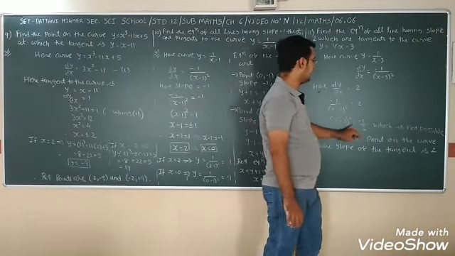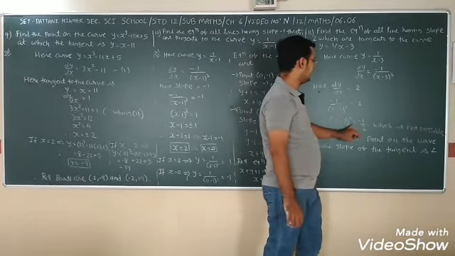Sum number 15. Find the equation of the tangent line to the curve y is equal to x square minus 2x plus 7, which in the first case is parallel to the line x minus y plus 9 is equal to 0, and in the second case, perpendicular to the line 5y minus 15x is equal to 13. So we have to find two equations for that, first for parallel and second for perpendicular to the given line.